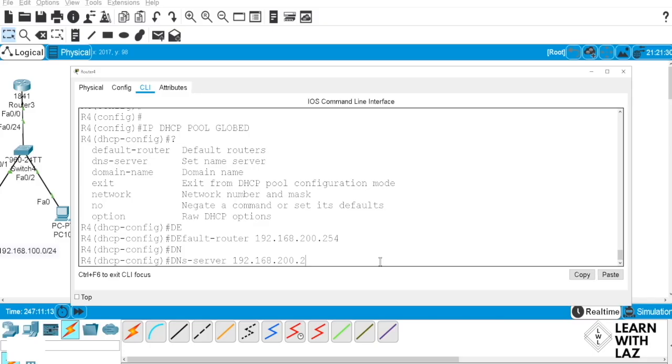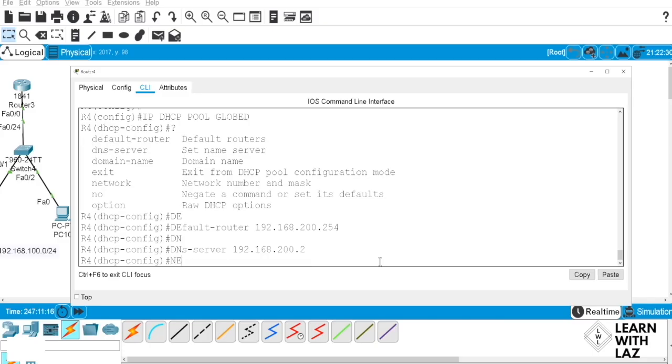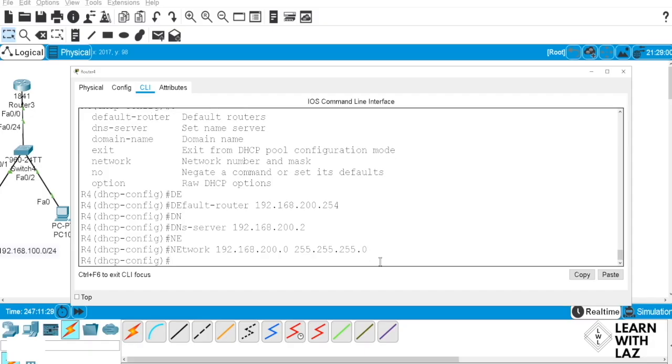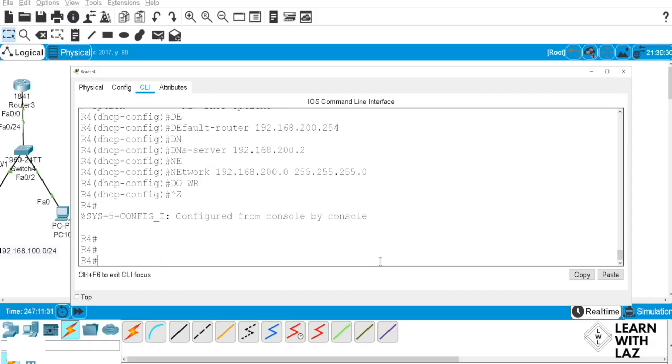All right, and then we'll do the network. We're in the 192.168.200.0, 255.255.255.0.